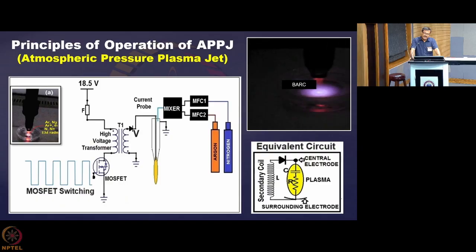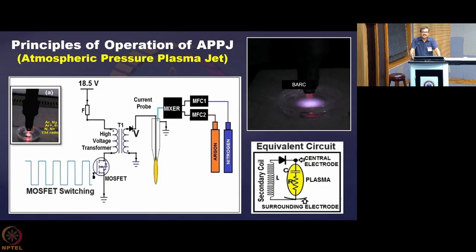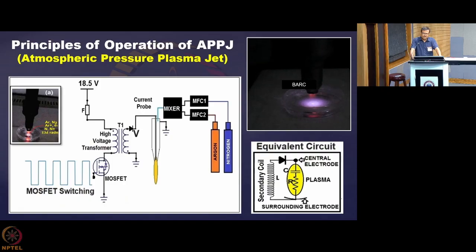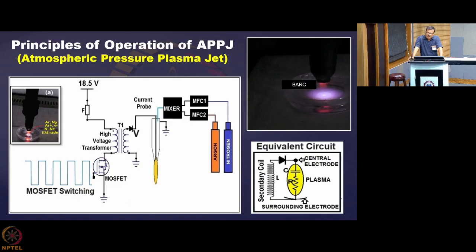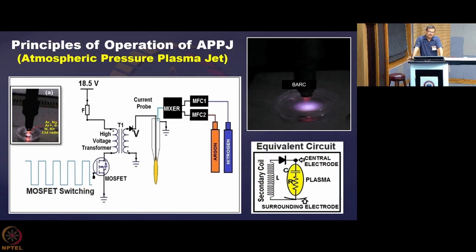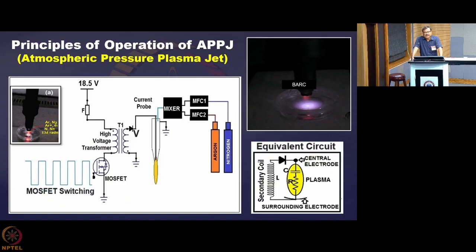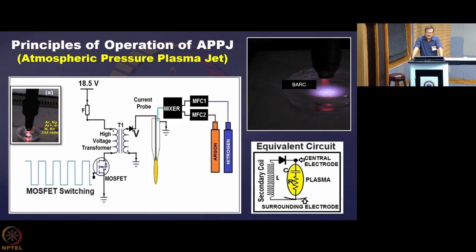Now, what kind of radicals can it generate? That is a very important thing. Suppose it is interacting with water, like the one that you are seeing here. Some of the water molecules, because of its vapor pressure, will be coming out and they will be interacting with the plasma jet. So, what can it produce? It can produce OH radical, and it can break the OH molecule. It can produce hydrogen. It can produce nascent oxygen. Some of them it can even ionize, depending on the ionization potential. Then OH can undergo reaction and form H2 over there.